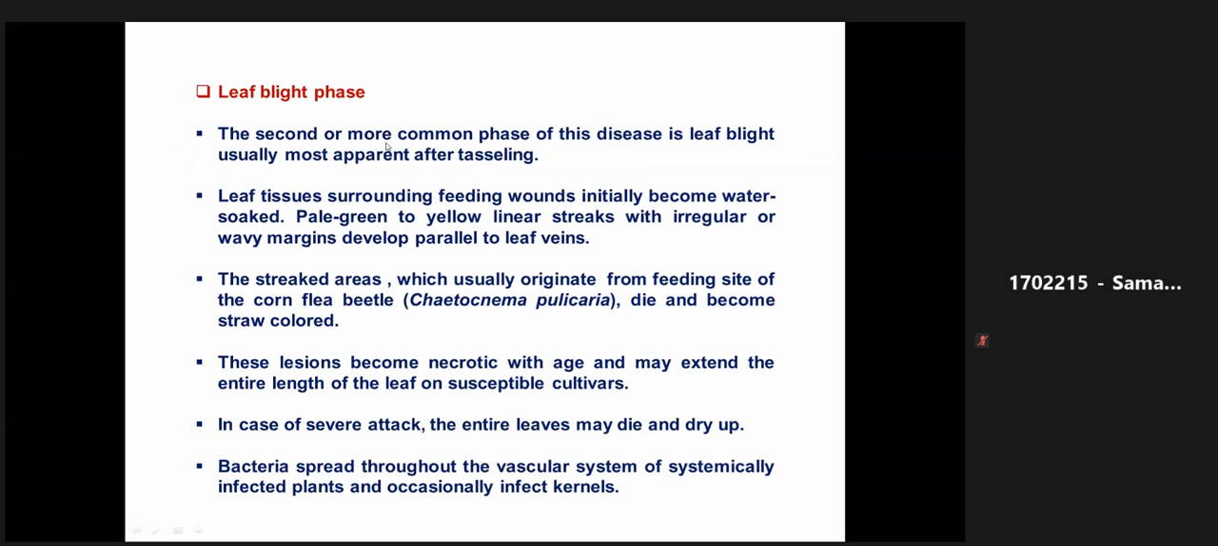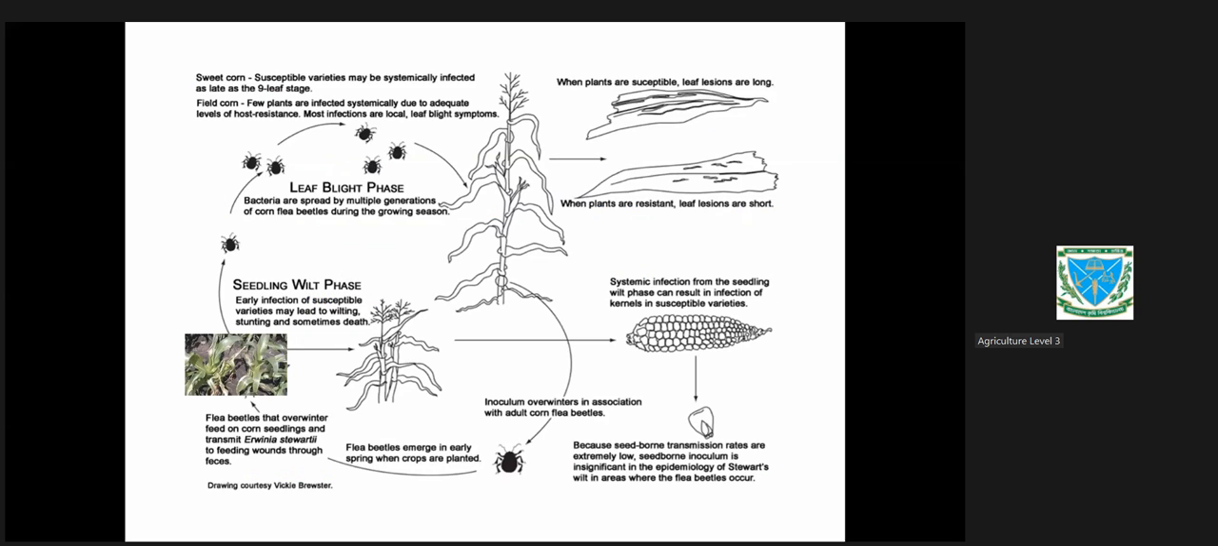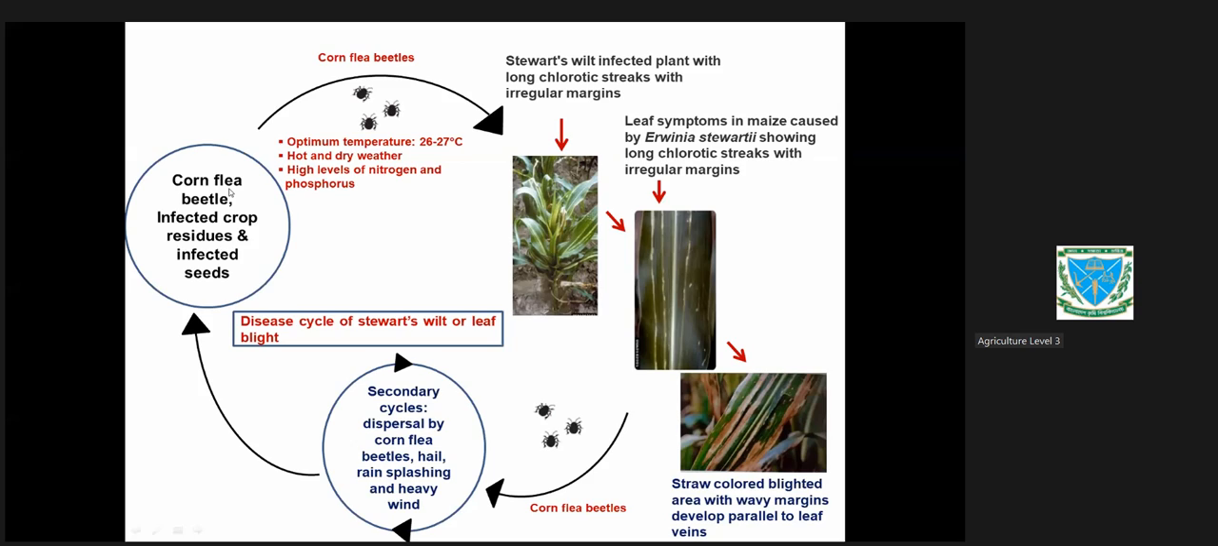So the second or more common phase of this disease is leaf blight. Usually appears after tasseling. Leaf tissues surrounding feeding wounds. That means when the flea beetle feeds, the wound is created around it, and this yellow streak forms with irregular or wavy margin parallel to the veins of the leaf, and this lesion with age, over maturity, covers the entire leaf and the leaf becomes blighted. Okay. And usually this bacteria spreads throughout the plant systemically. That means it spreads through the vascular system to the whole plant. So even if it escapes at the seedling stage, it shows up at the mature stage. So you will write these two or four points. If you see how we can